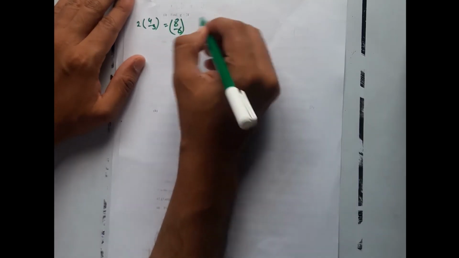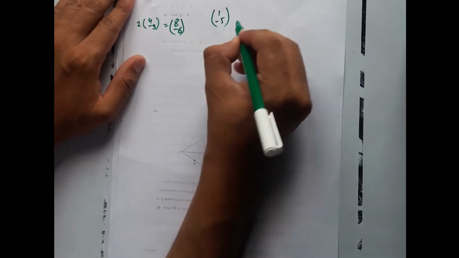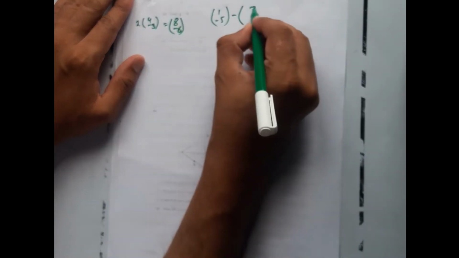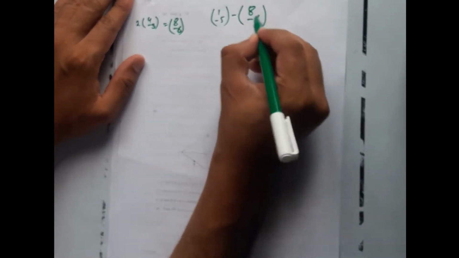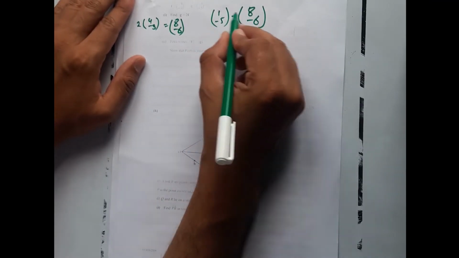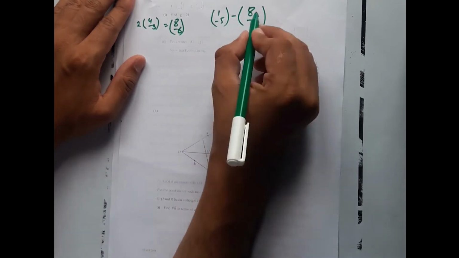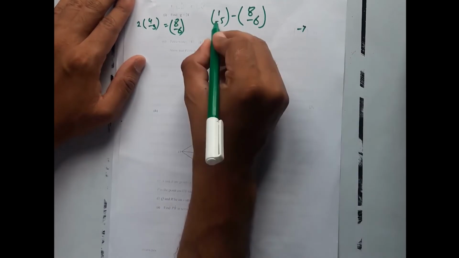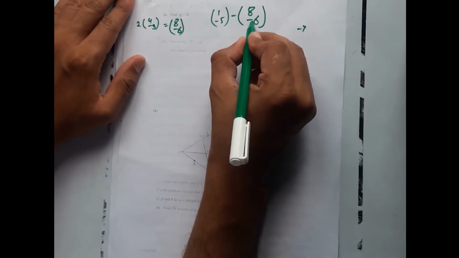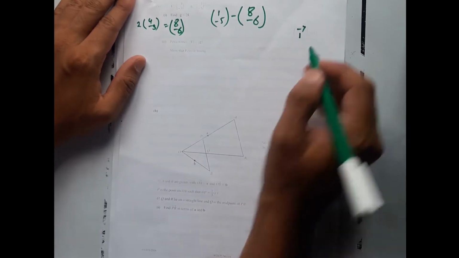So we have to find G minus 2F. G is (1, -5), minus 2F, which is (8, -6). So first will be subtracted from first and second will be subtracted from second. 1 minus 8, positive 8, the minus is outside, it will change the sign. 1 minus 8 is minus 7, minus 5 minus 6, positive 6, so minus 5 plus 6 is plus 1. So (-7, 1) is your final matrix.